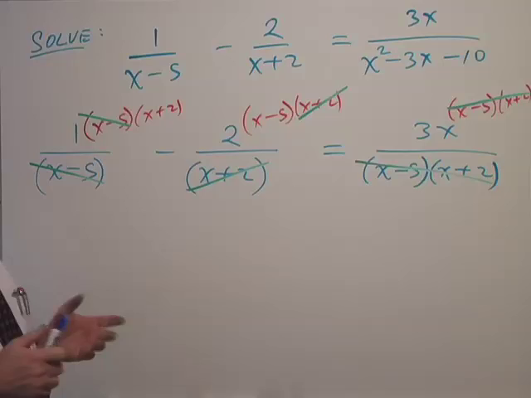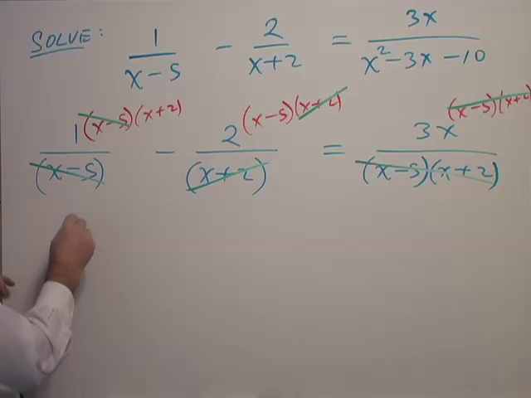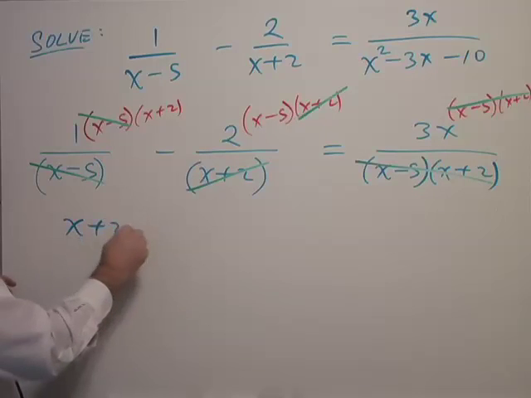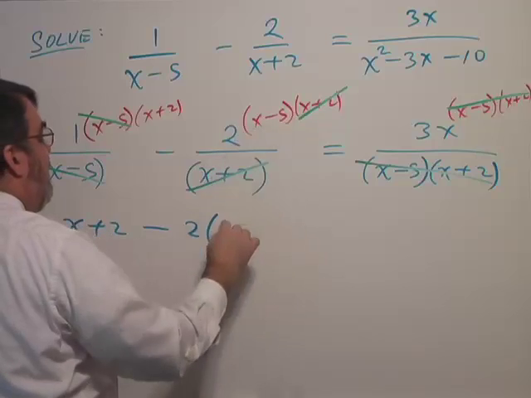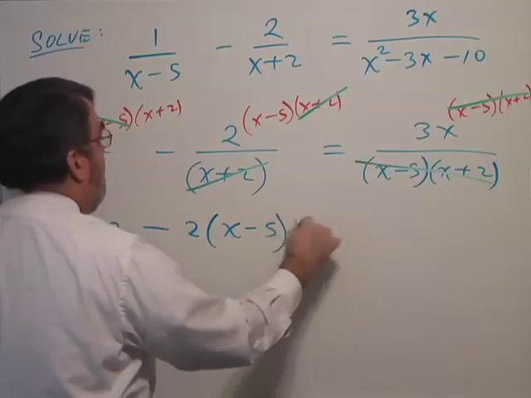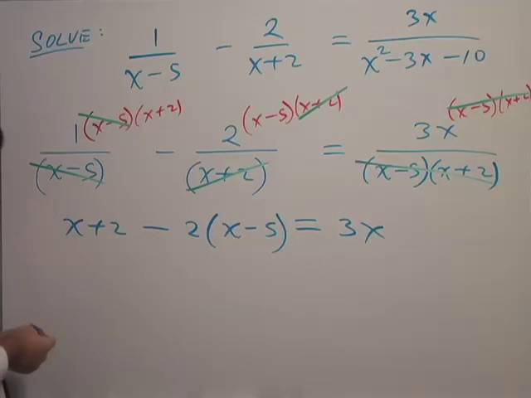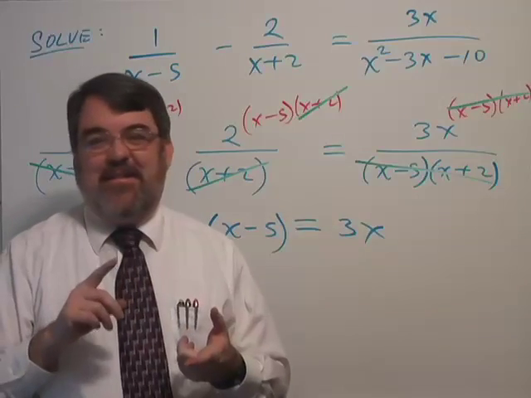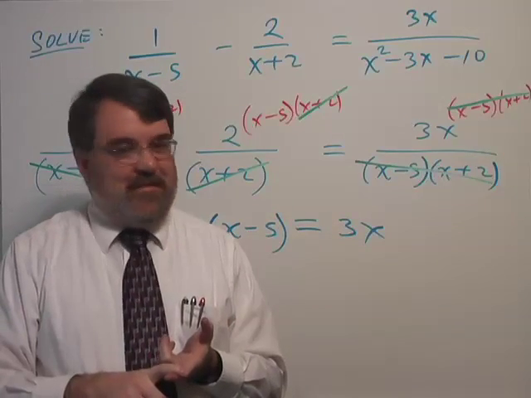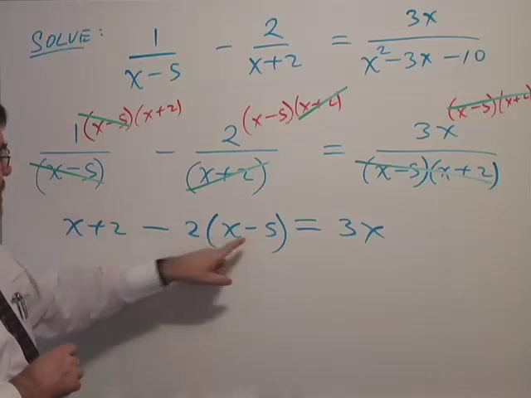So I'm going to recopy this. This is 1 times x plus 2, so I know that's just x plus 2. And here I've got minus 2, parentheses x minus 5, equals 3x. All right, another big red flag here. Students really screw up this type of problem a lot. And it's going to be right here,